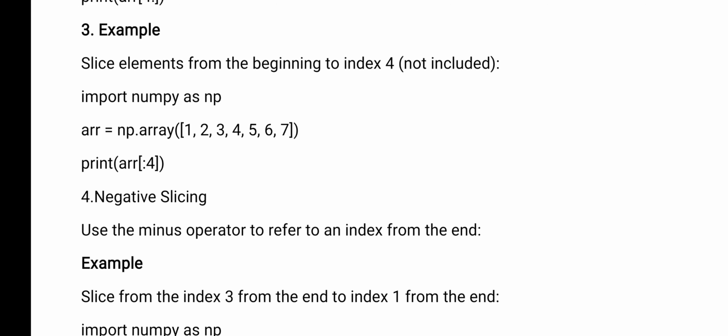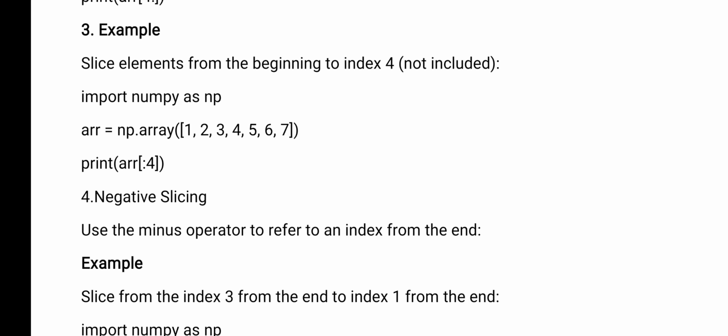Okay. Slice, you see, import numpy as np. I am importing a numpy module. ARR is the name of the array. That array equals np dot array object, and how many elements are there in that array? 7 elements. Next, you see the print statement. Print ARR from the ARR array. What are we extracting? Colon 4. Colon 4 means starting I have not given. If you have not given the starting, what will it take? By default it will take from 0. So 0 to 4, 5 elements we are extracting.